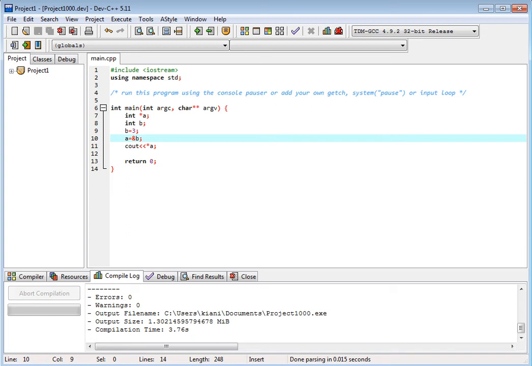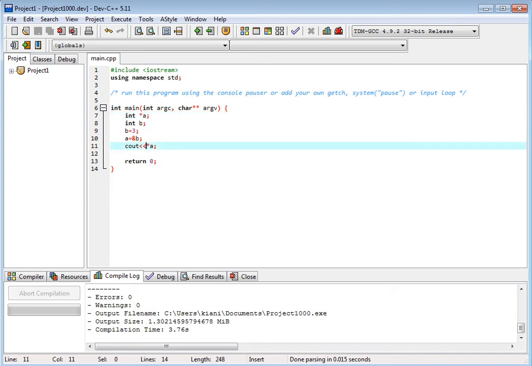Okay, so this is a simple mechanism. A has its own address, it holds the address of b, and to get the value we use pointer a. So this is very confusing. If you see this, okay, this is the declaration.